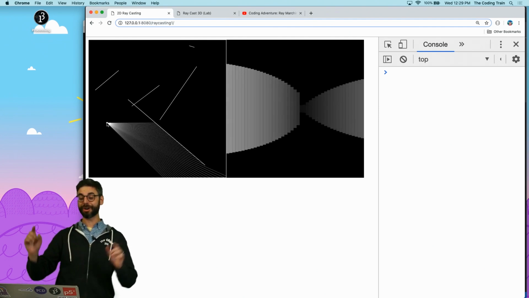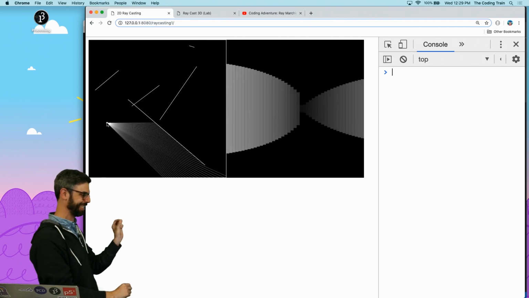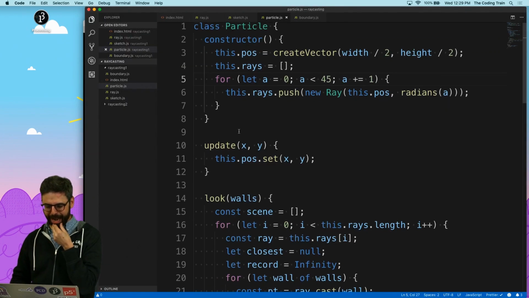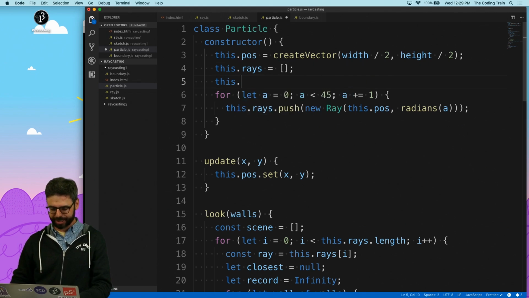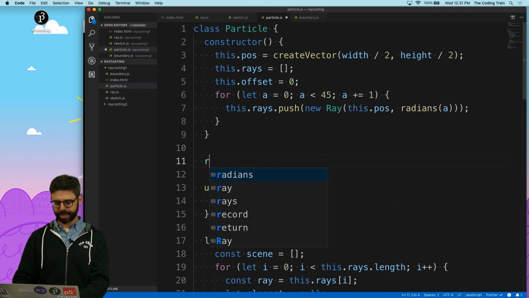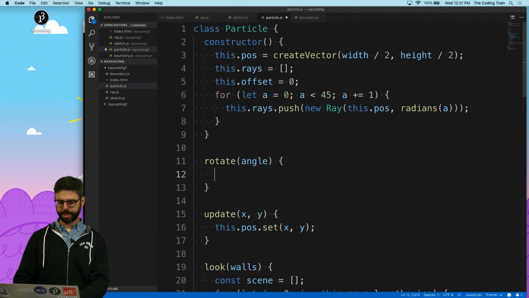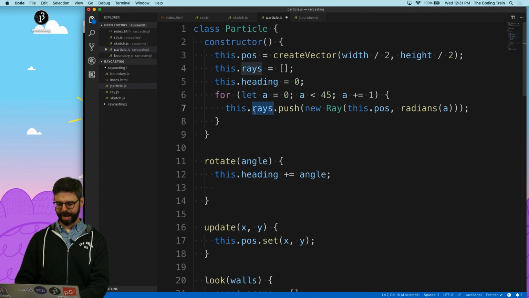And now let's try turning. I want to be able to rotate my view. So the particle can have maybe an offset. In the particle, I can add a rotate function, and I can rotate by some angle. Maybe I could call this heading. The particle has a heading, and I can say this.heading += angle, and then I can just go through all the rays, like this,